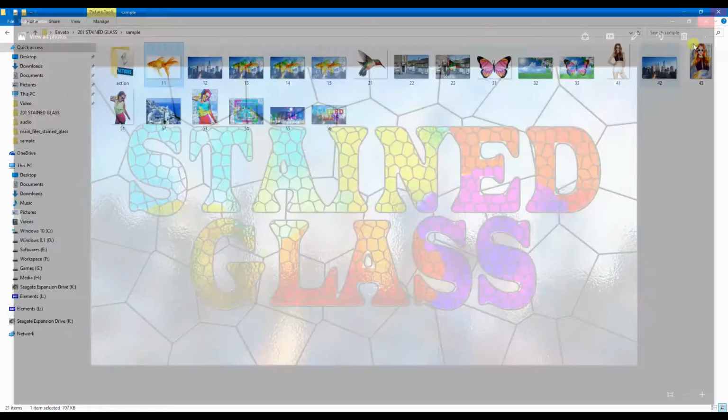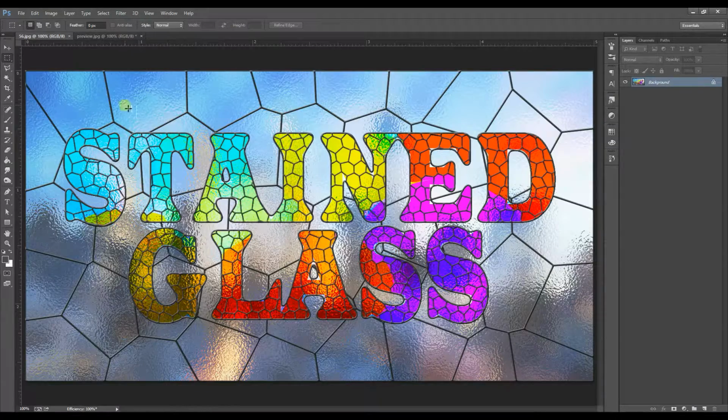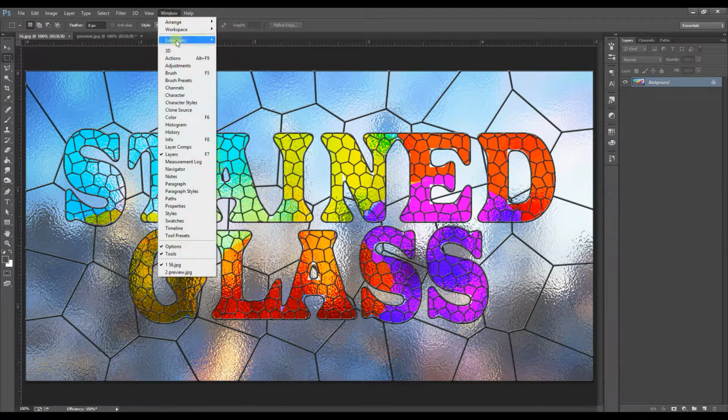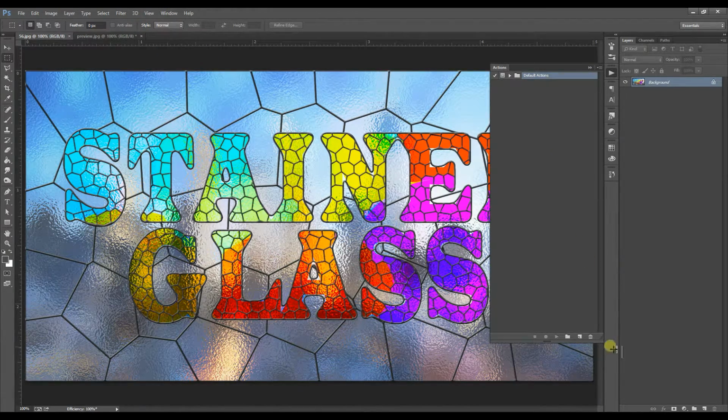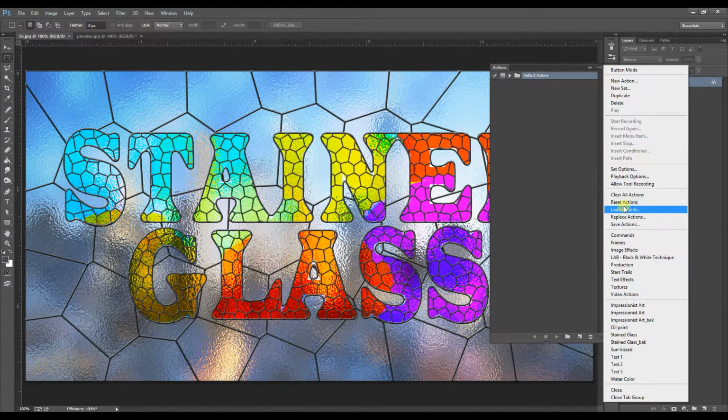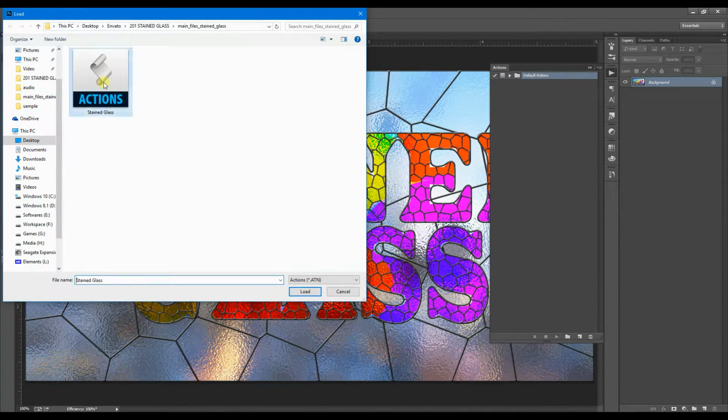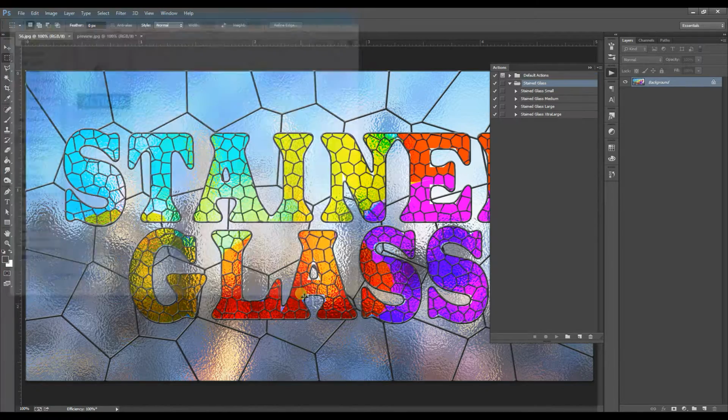Okay, let's now load up the action. Go to Window and Actions. It will load the Actions panel. Click this flyout list and select Load Actions. Select Stained Glass and click Load. You can see that the stained glass effect has been loaded and it contains 4 actions: small, medium, large and